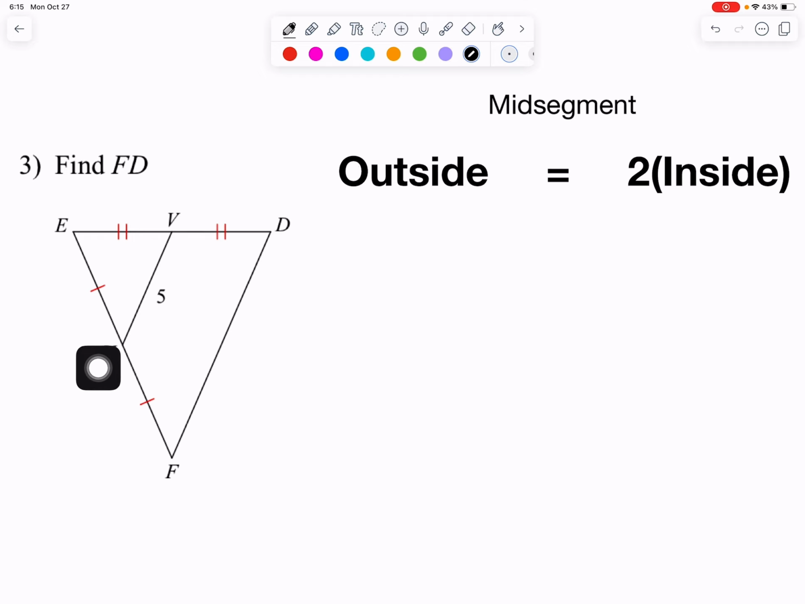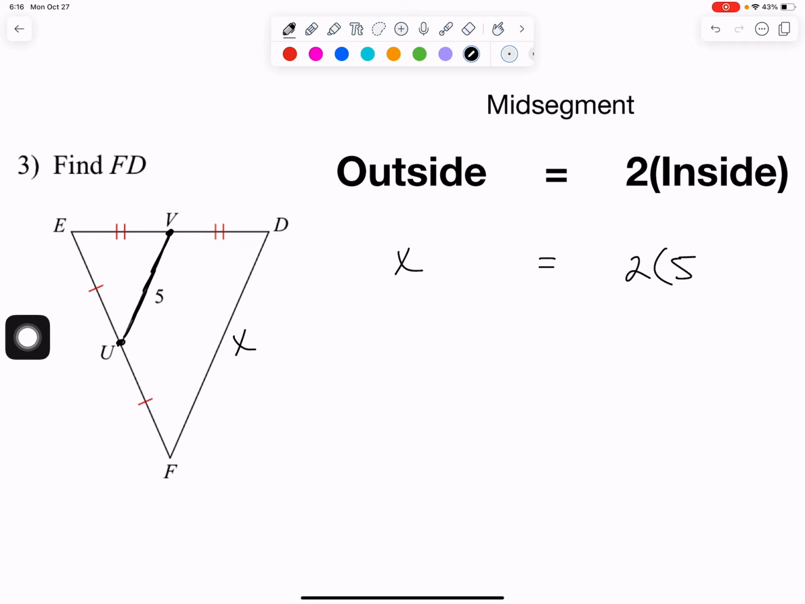And when we split this in the middle, we now have our mid-segment represented by 5. Now, the outside or the base is simply double the inside or our mid-segment. So 5 times 2 is 10. Now let's show that as if we were doing algebra. Our outside or our base, we will symbolize with the x. And we will simply do x equals 2 times what's on the inside, or our mid-segment, which is